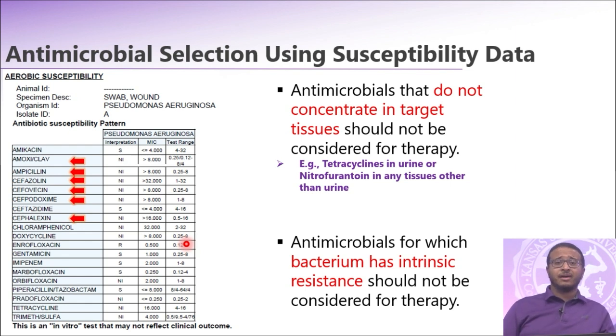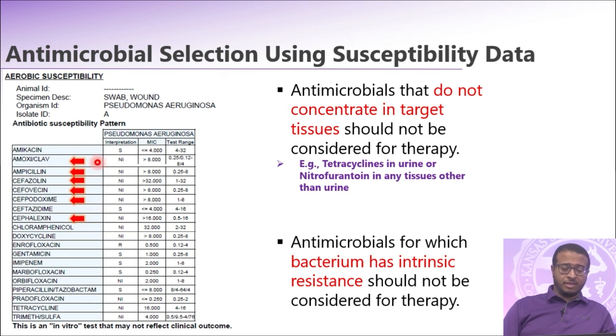We know they have this intrinsic ability to become resistant to most of the beta-lactam antibiotics, and the same for Salmonella species with aminoglycosides, Enterococcus species with most beta-lactams as well, and with potentiated sulfas like TMS. And the options I'm highlighting here for this specific Pseudomonas aeruginosa from this wound are